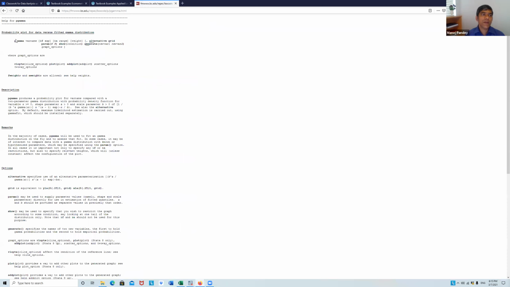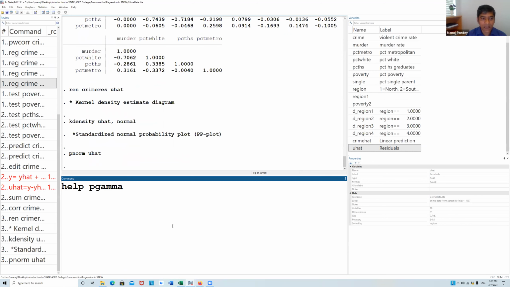I want to use these concepts, particularly the log distribution, gamma distribution and log normal distribution. I have read much of the literature about it, but I am trying to use this in software, particularly Stata, and I'm not getting how to plot these things group-wise. I think you should be able to do that, like pgamma. So if I go here and try to seek help for pgamma, okay?